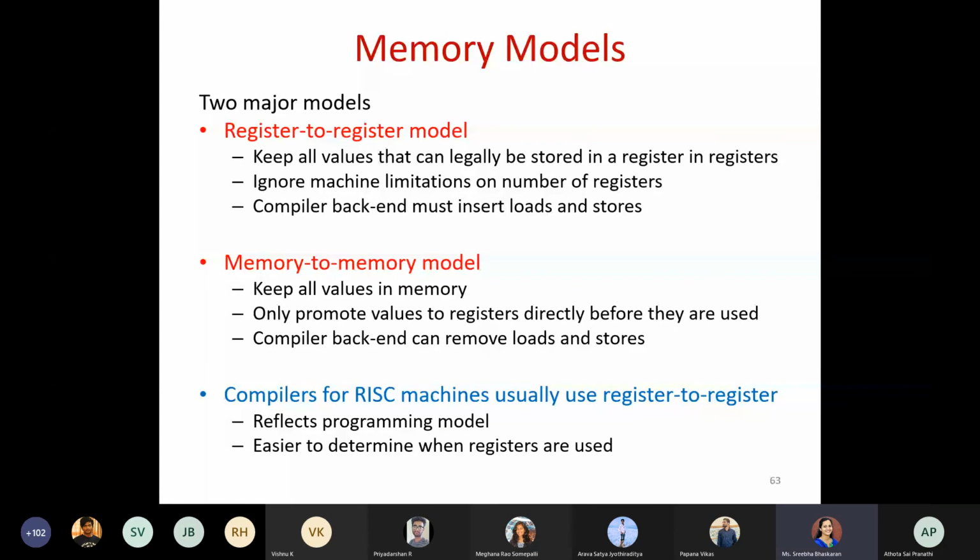Accordingly, you can decide whether your compiler should go based on the memory model or the register model. That means whether you want the values stored in registers for faster execution, or you can compromise on it but still want the contents stored safely and placed properly, then you can go for the memory model.